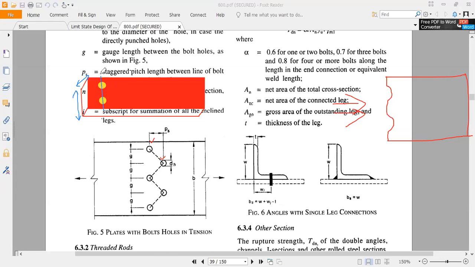Basically, we are assuming that this line is becoming the critical one. Okay, and assuming that this is the critical section, we have to find the area along this line. So if I cut this material into two parts, one on the left, other on the right, then you will get a portion like this, or a left side portion, you can imagine that. Okay, so if you see the right side portion, then this is the top view.